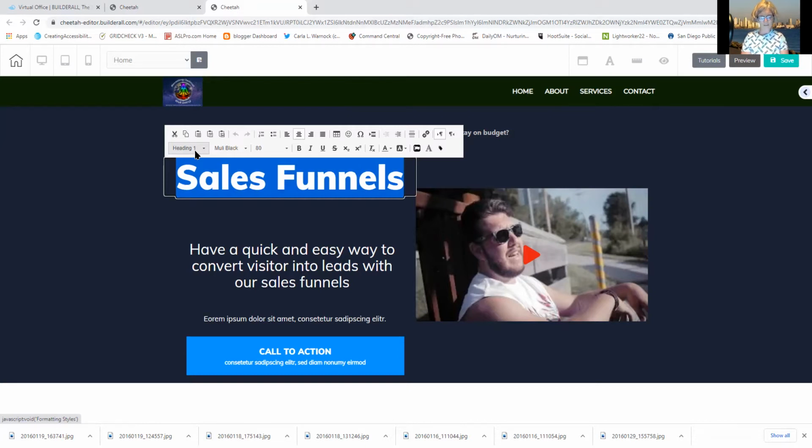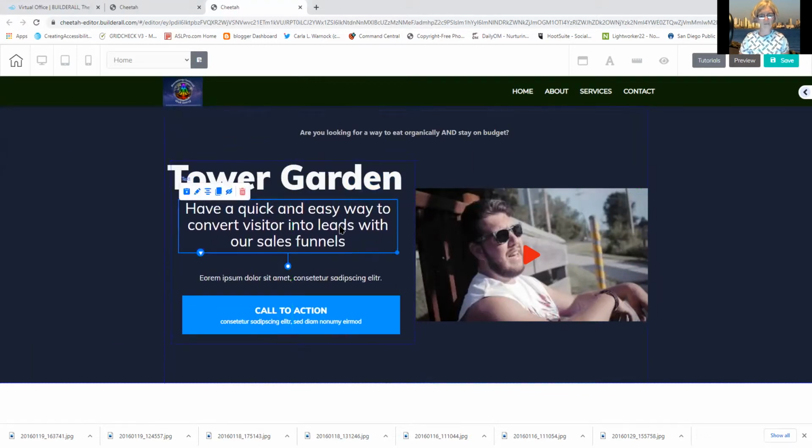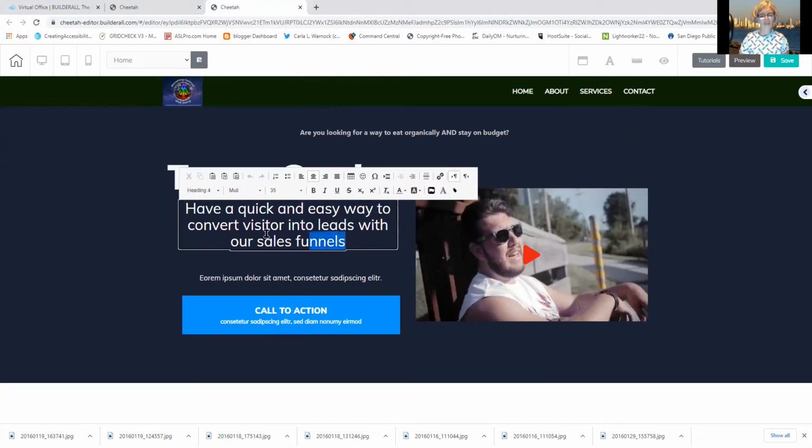I'm going to put Tower Garden, and that's all I'm going to say with that, right? Because now it's going to catch that font. Then what I'm going to do is put this box back over here, and then I'm going to edit this. Tower Garden